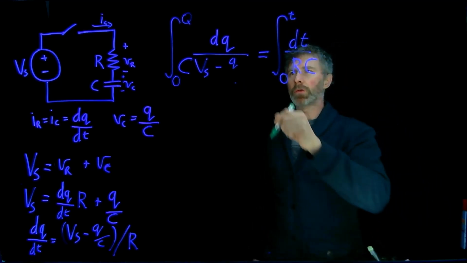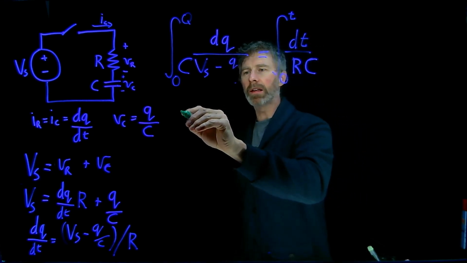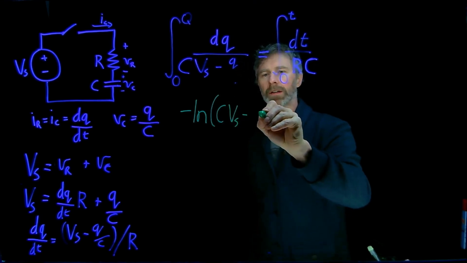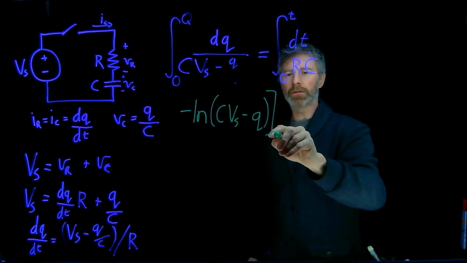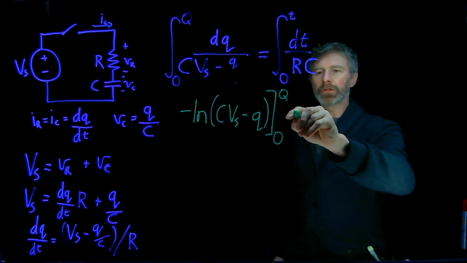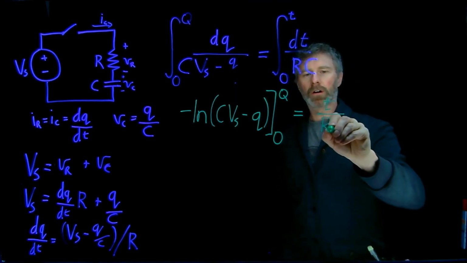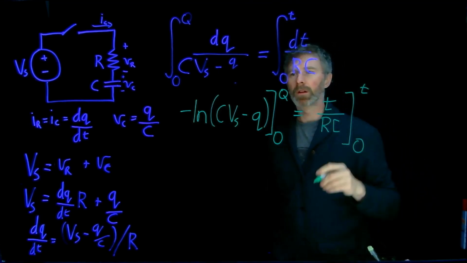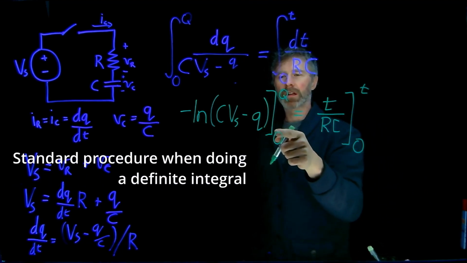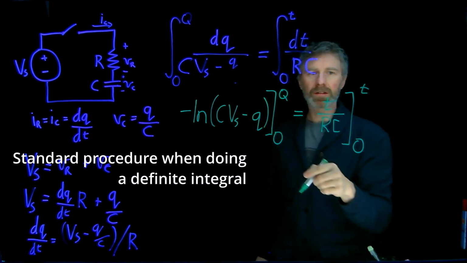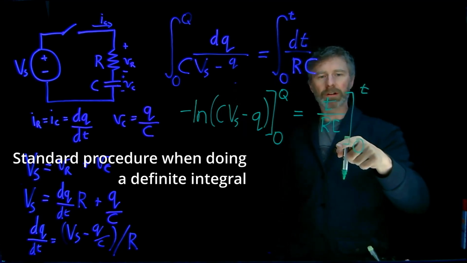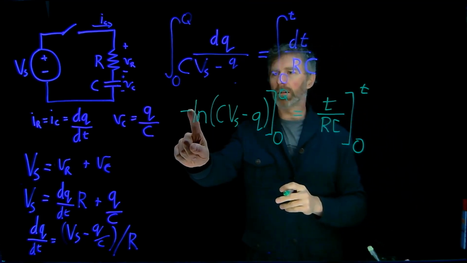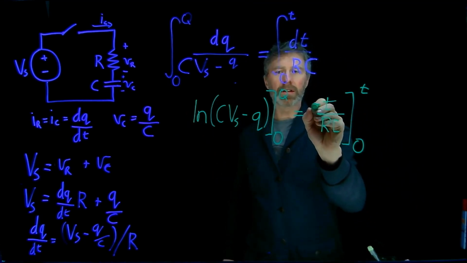So when I integrate this side of the equation, what I get is negative log of CVS minus q, integrating from 0 up to q, and that's equal to t over RC, integrating from 0 up to t. Now I plug in q in this, and I subtract it when I plug in 0 to this, and same thing over here. I plug in the t to this part of the expression and subtract when I plug in 0 to this part of the expression. Actually, before I do that, let's move this negative sign over to this side of the expression,